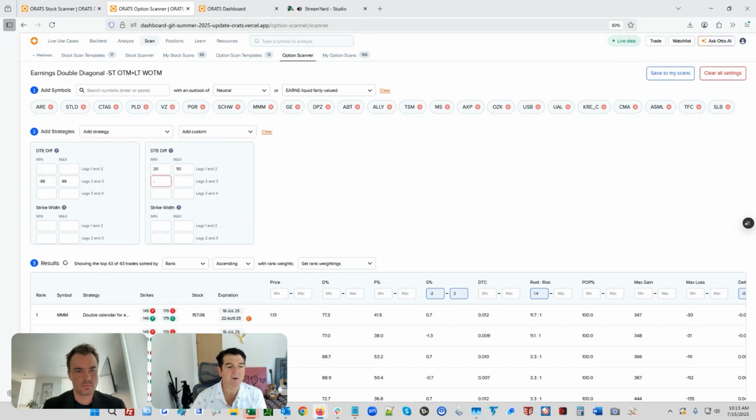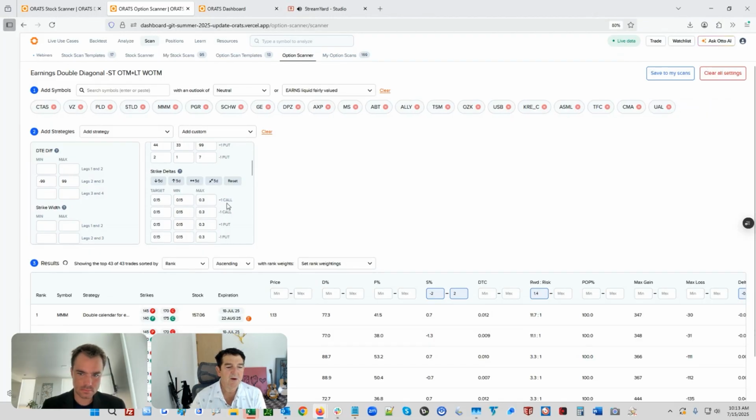But when I don't know, I just say -999 and 999, because otherwise the default is 0, the 20 to 50. So what you're doing here is you're explicitly telling it to have a difference in the days, and that's what makes it a calendar. We want at least 20 days difference between the legs. Right, and then